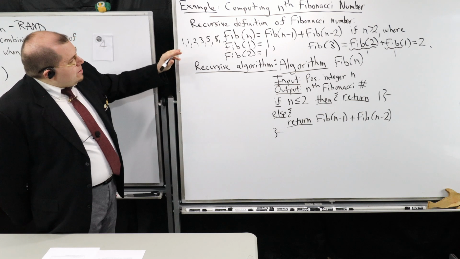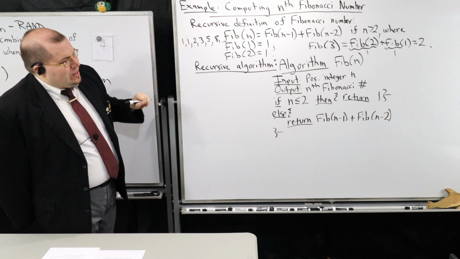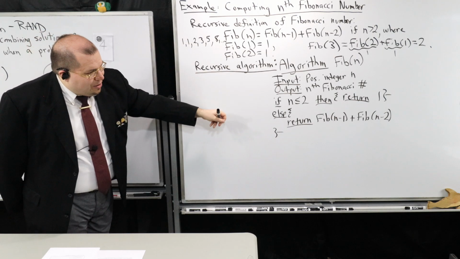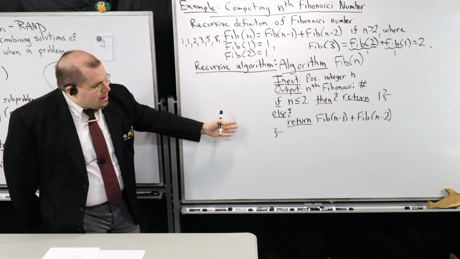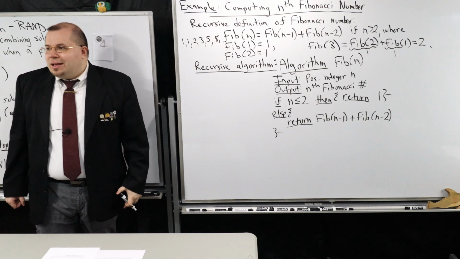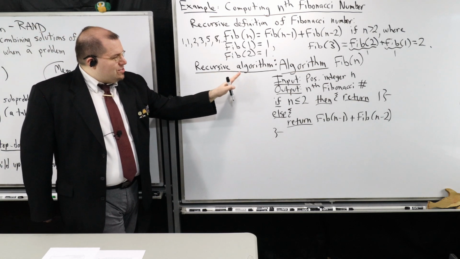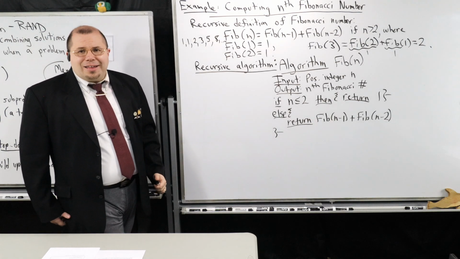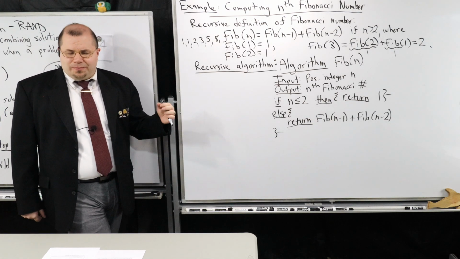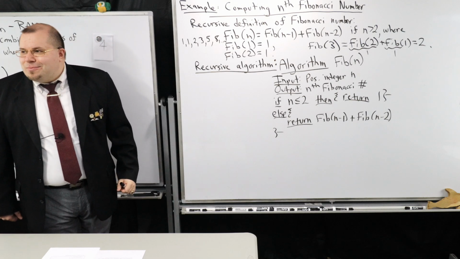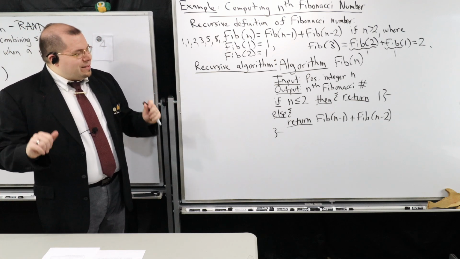So what I'm going to do is translate this recursive definition into a recursive algorithm, and this is what I end up getting right here. So first, before we proceed, are there any questions about my pseudocode here? I think this is a rather natural recursive algorithm for Fibonacci. But if you have any questions, don't hesitate to stop me